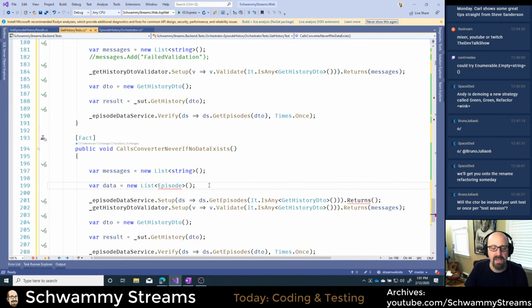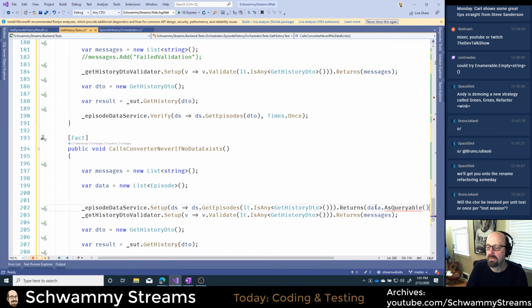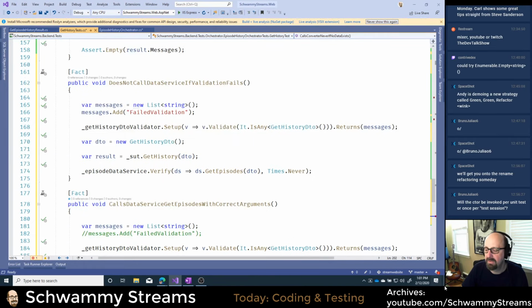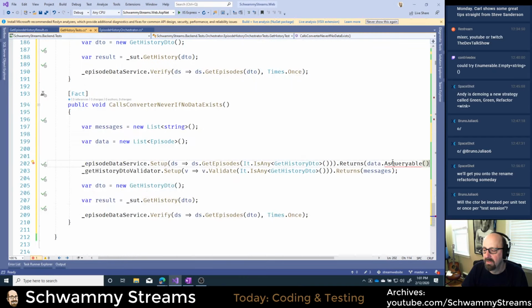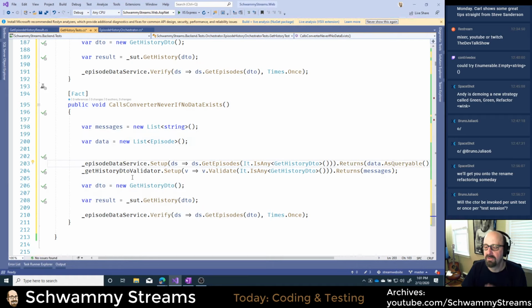Okay, and then I'm going to say returns data as, where's as queryable? Do I need a link to do that? As queryable. Is that a method? I think I need to add, let's see if it's smart enough to figure that out. Using system.link. Cool, right? So now it's going to return this queryable, which will be empty.